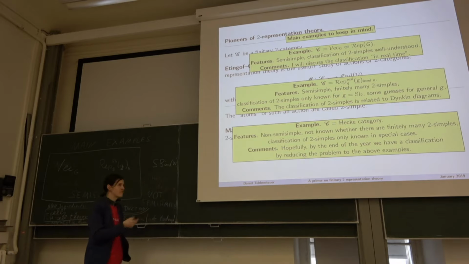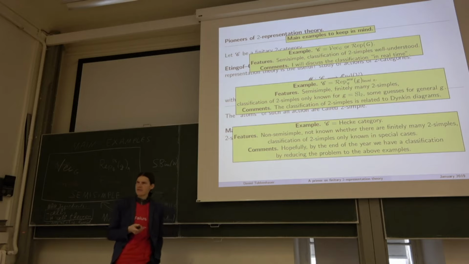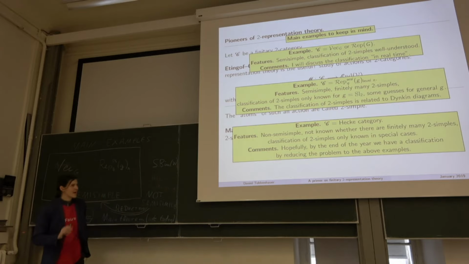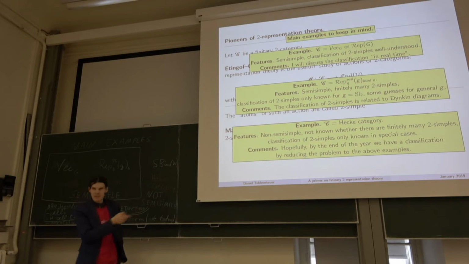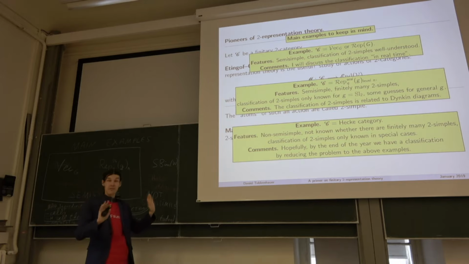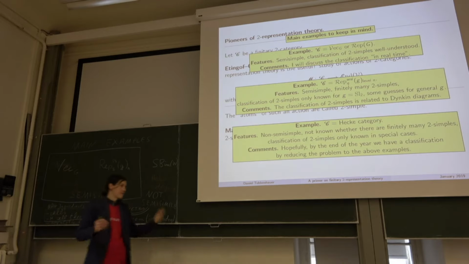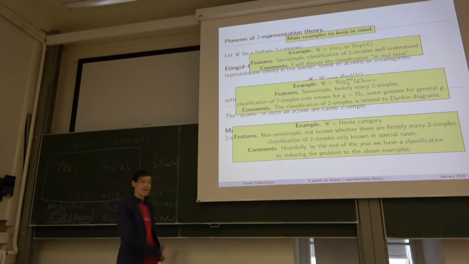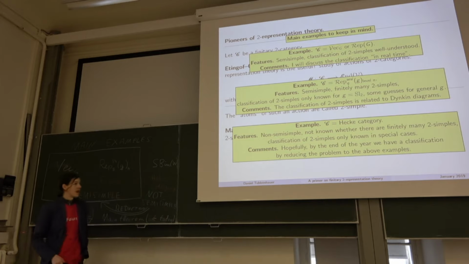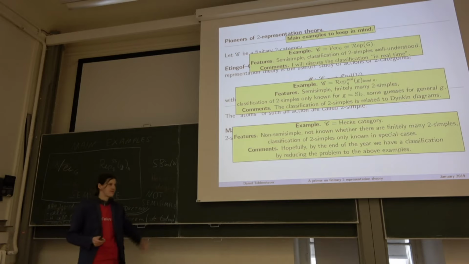I won't go into too much detail. I'm doing SL2 for you. If you ask me later, I can do SL3, SL4, and so forth. But it's not complete. So this is roughly speaking trivial. This is not trivial. It's already interesting, but not too hard. And this is really hard because it's non-semi-simple. In general, we have absolutely no clue how those two representations are supposed to look like. And hopefully the main theorem will actually tell us what they are. But that's work in progress. By the end of the year, maybe. God knows. And in this case, really, classification is known basically only in two special cases, which I'm going to discuss during my talk.